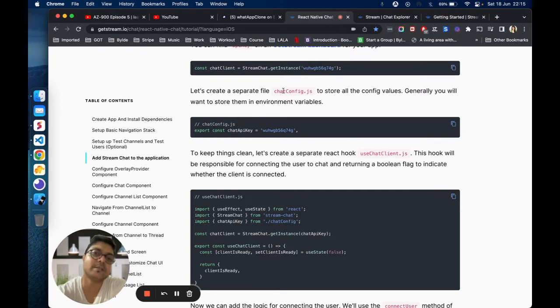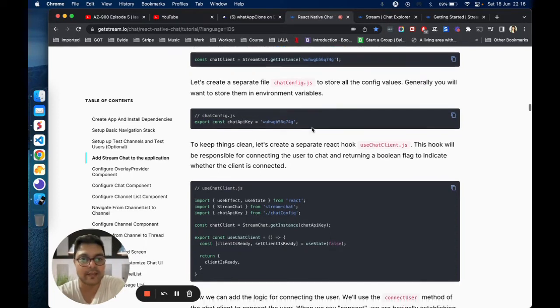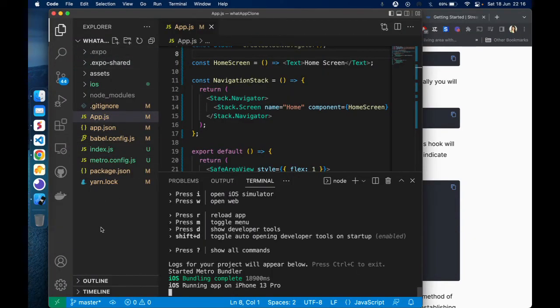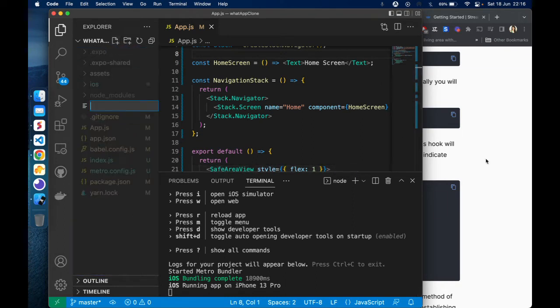But it is suggesting that we should create a chat config file and put our chat API key here, and then save that in the chatconfig.js file. Okay, that's not a bad thing to do. So for this demo purpose, I'm not going to create any folder here. I'm just going to create a normal file, chat